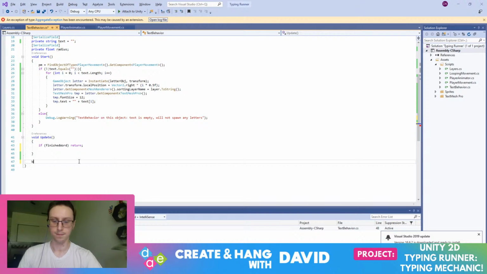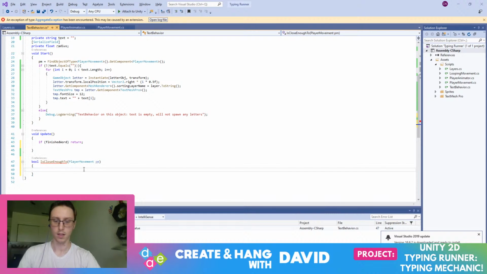I'm going to make a boolean, and it's going to return is close enough to, and then player movement, return the distance between the player and